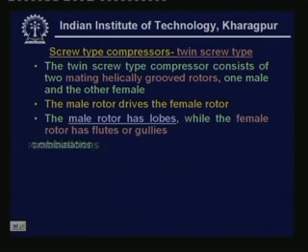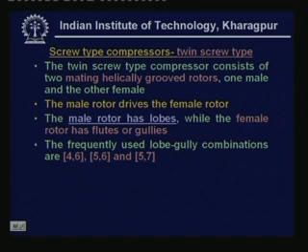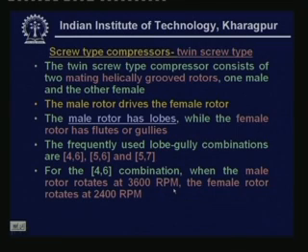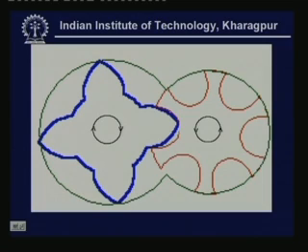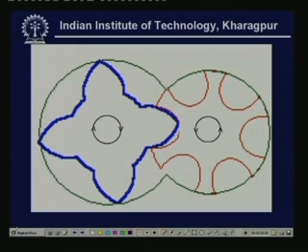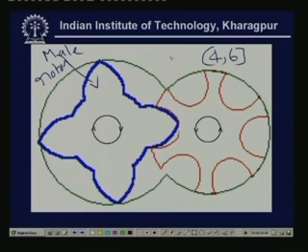The male rotor has lobes while the female rotor has flutes or gullies. Let me show this. The frequently used lobe gully combinations are 4-6, 5-6 and 5-7. For the 4-6 combination, when the male rotor rotates at 3600 rpm, the female rotor rotates at 2400 rpm. So, let me explain this with a picture. This is a 4-6 combination, and this is the male rotor,